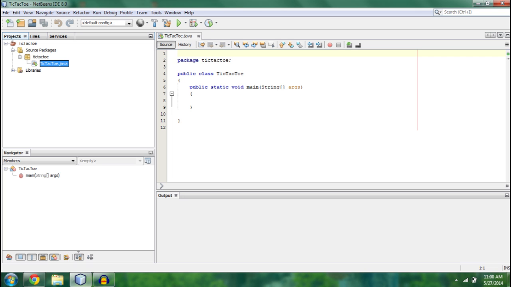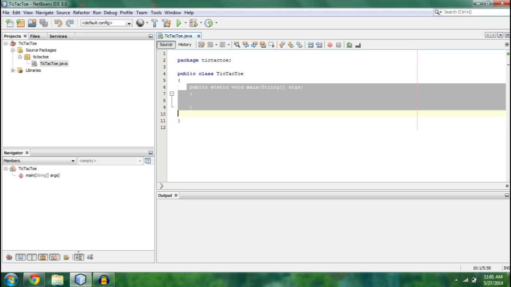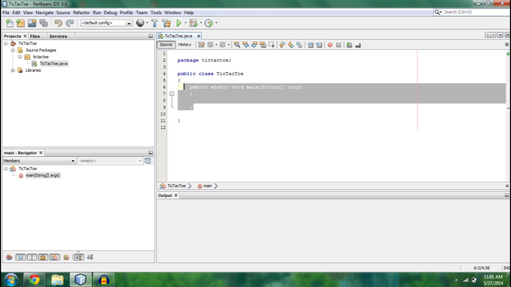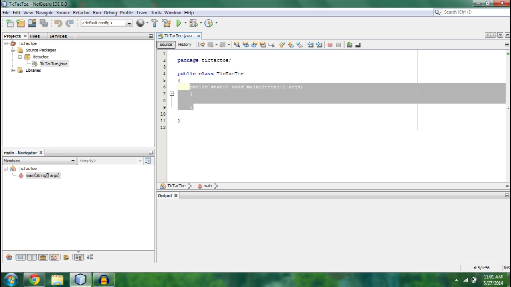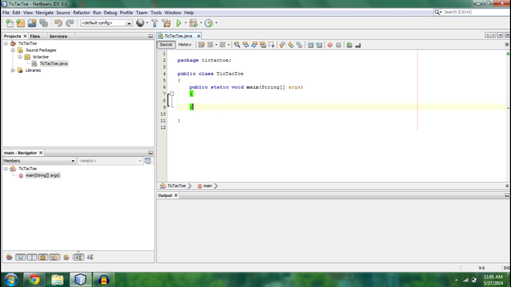Java file. It put together a little template for us. It's got a package there, it's got a public class. Classes are a very hard concept to put into simple terms. It's a collection of functions, this is a function right here, and data, and it's essentially the atom, if you will, of the programming world. The classes and structures, they're what allow us, or at least the object-oriented programming world,